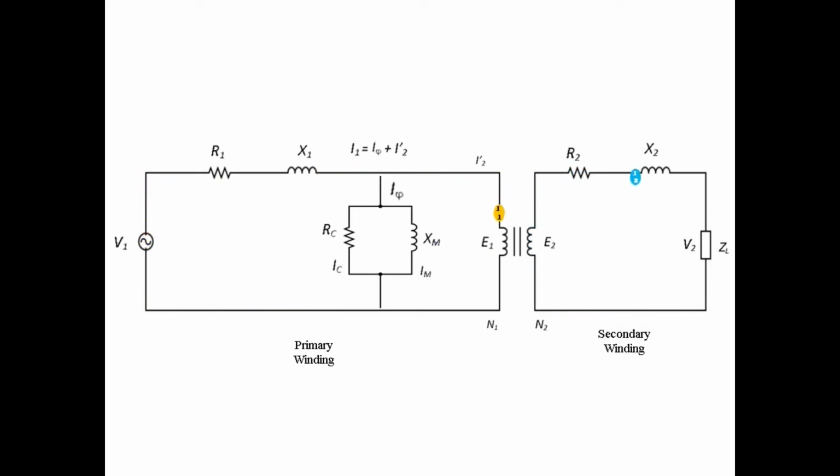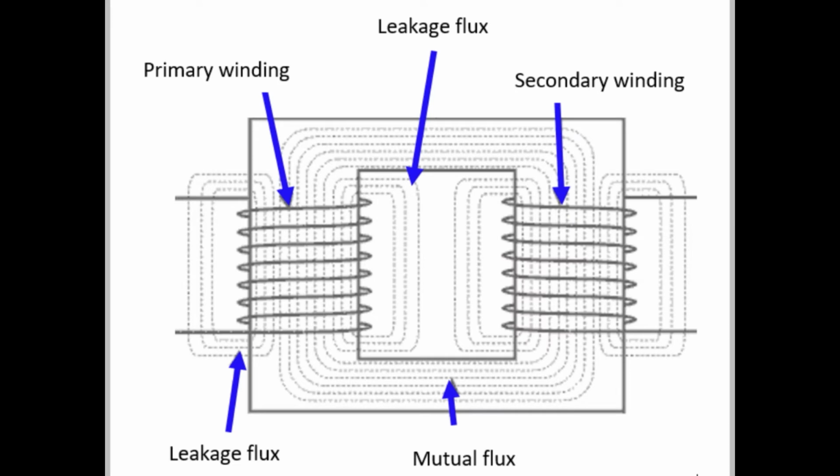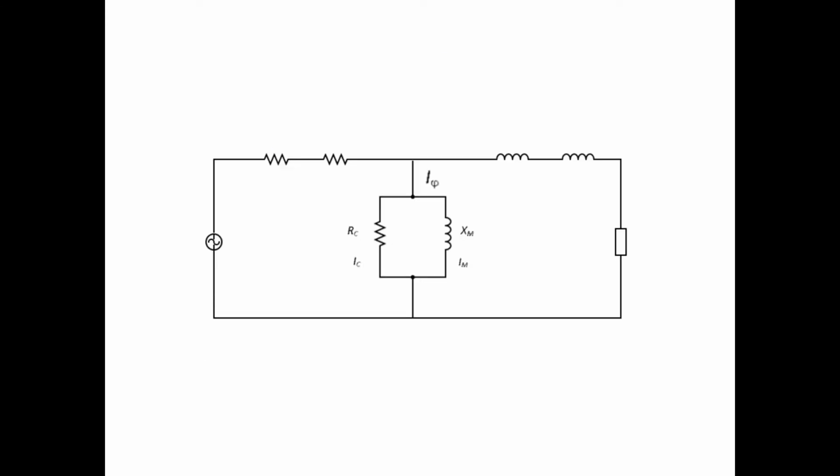The flux has three components, X1 and X2 being the leakage flux, and Xm the mutual flux set up during energization. The leakage flux exists because not all flux is common to both sides of the windings; some escapes and causes a volt drop in the circuit. For convenience we can transfer one side of the winding to the other and refer both windings to that respective side. These will make up the equivalent values for R and X.